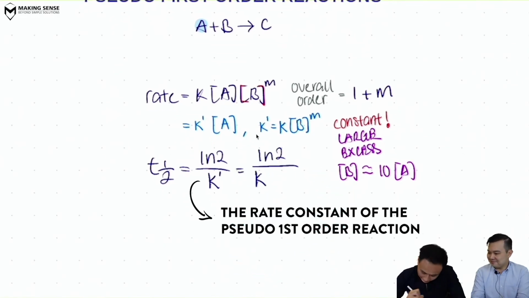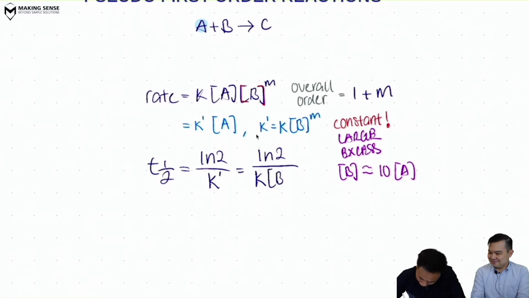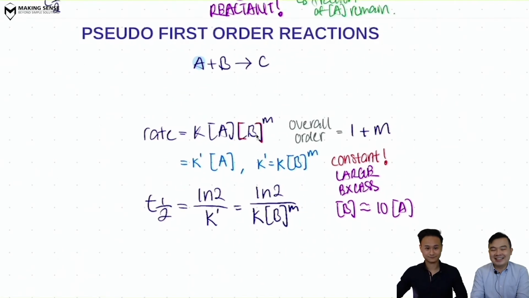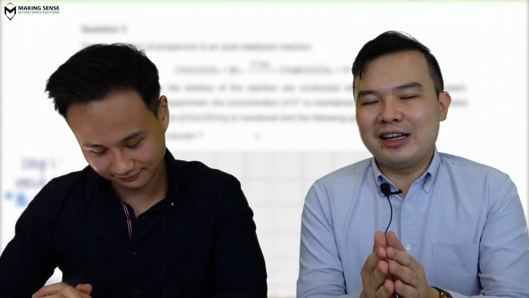So you can see now how the half-life is actually dependent on the concentration of B. Interesting stuff. So this is called a pseudo first order reaction. Good. That's nice. So last lesson, we looked at a specific question type where the information that they give me